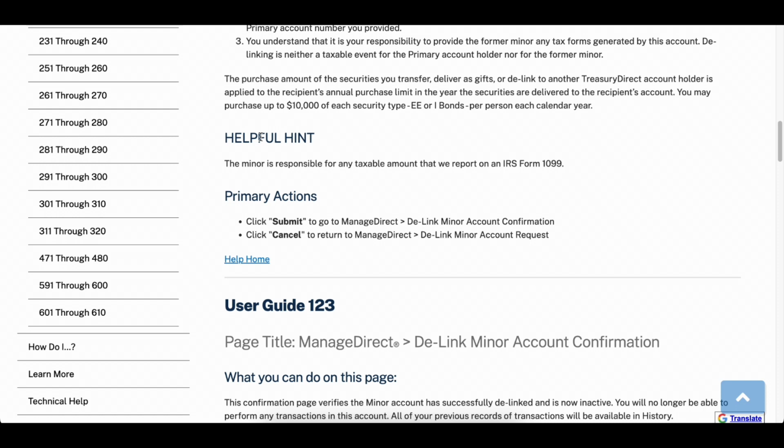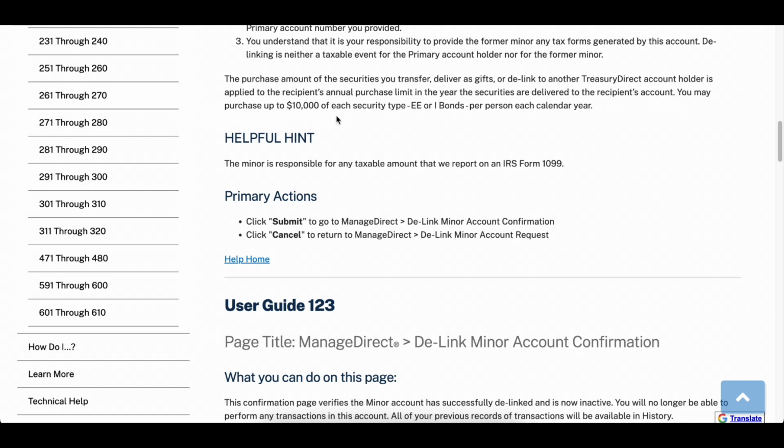Anyway, the purchase amount of the securities you transfer or deliver as gifts or delink to another TreasuryDirect account holder is applied to the recipient's annual purchase limits in the year the securities are delivered to the recipient's account.